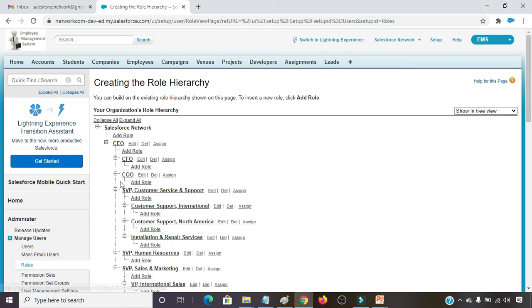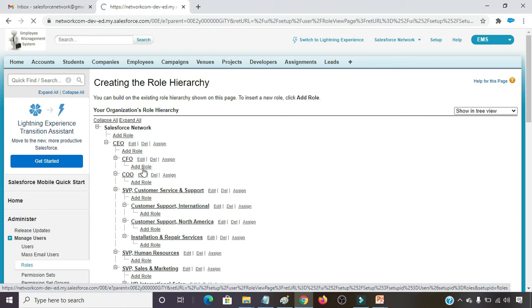Up to this I am going to work, not below this. I am not going to delete any of these. If I need to create one role under CFO, then first we need to click on add role under CFO.